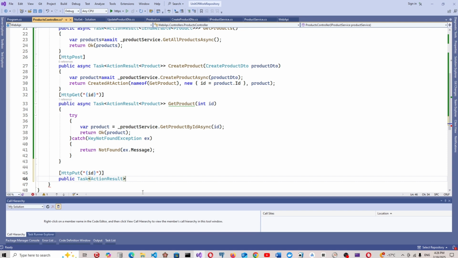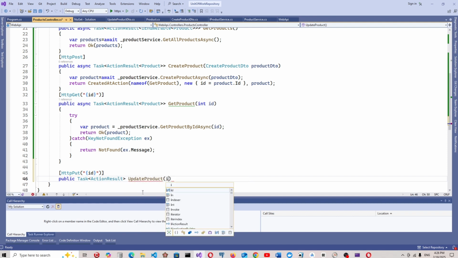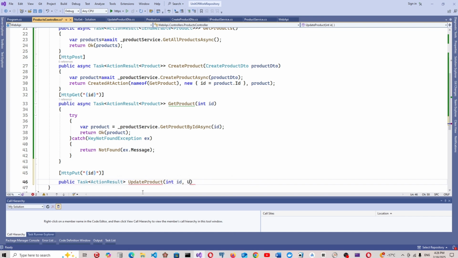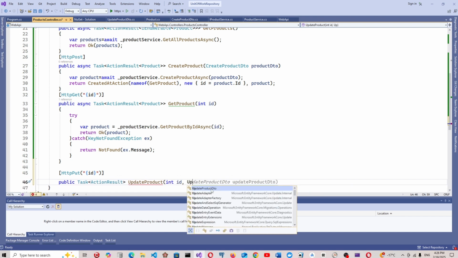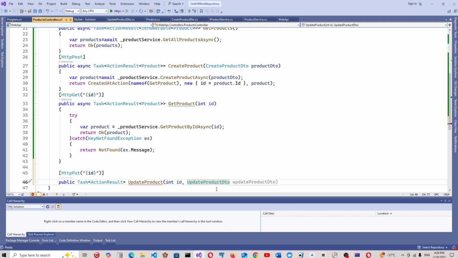We don't need to return anything. UpdateProduct with the parameter of ID, the second parameter UpdateProductDetail,